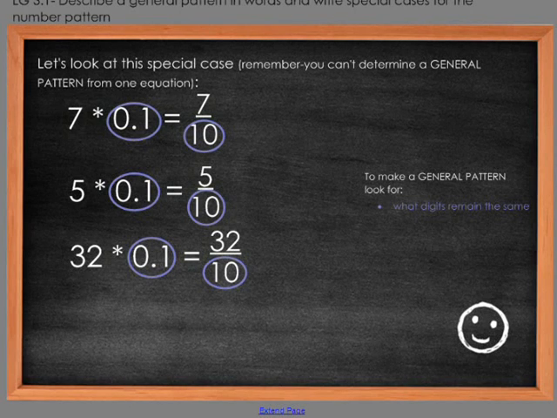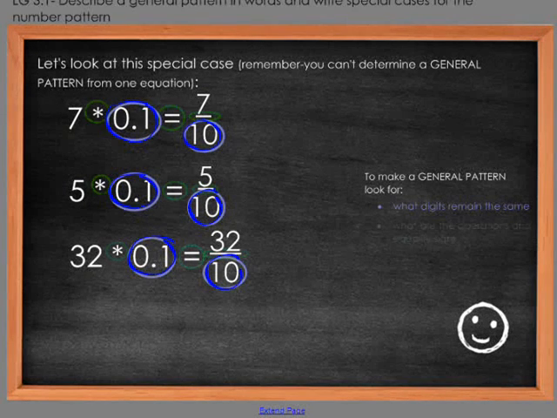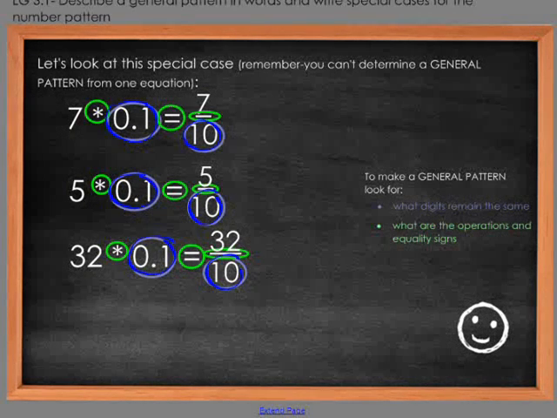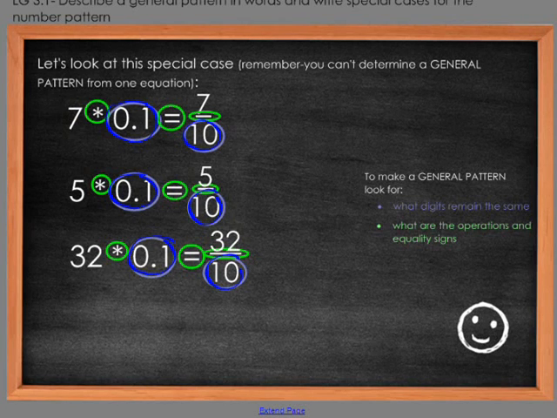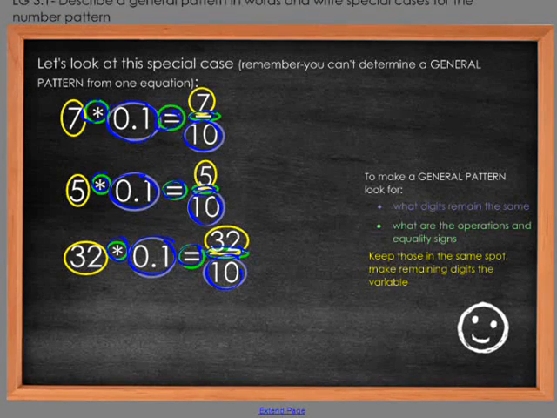So in this case, we notice that our 0.01 is in every single one of these, and our 10 is in every single one, and they are always in the exact same spot. So that's the first thing we want to notice. The second thing we want to notice is our operations. And here we have our operations, and they are exactly the same in all the equations in the exact same location. And the last thing we're going to look at is what digits or what things change from one